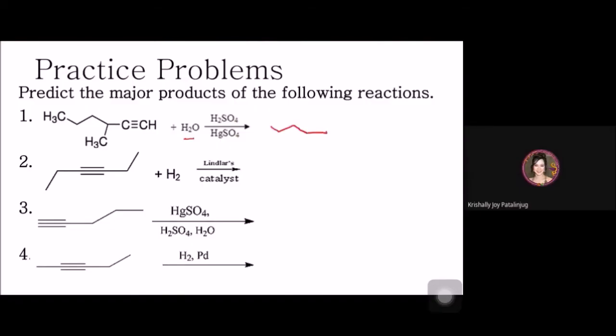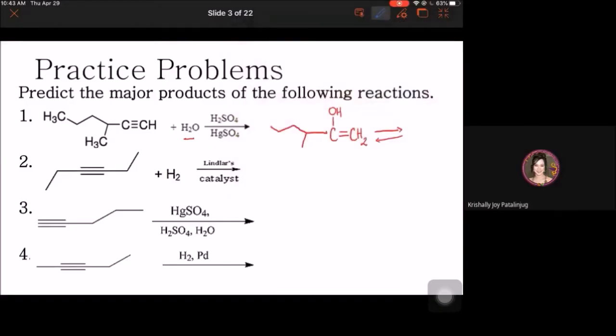You will now have the products. The final product would be a ketone. So how do we write the ketone product? Before the ketone, para mas maintindihan, I will write first the enol intermediate product. So you have a double bond na lang. This carbon here will now be added with the hydrogen, and this carbon will be added with the OH. Then the reaction will proceed forming a ketone form.